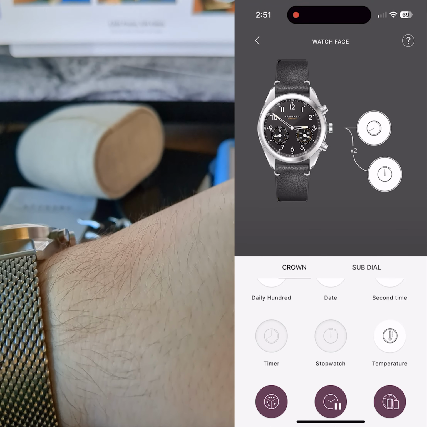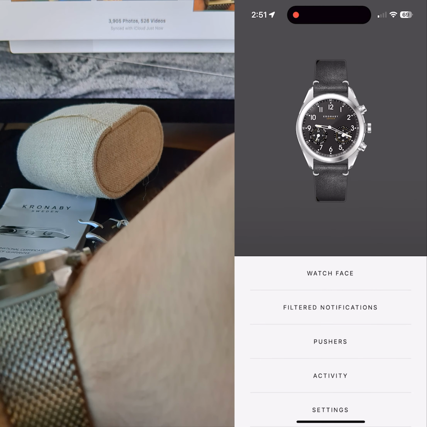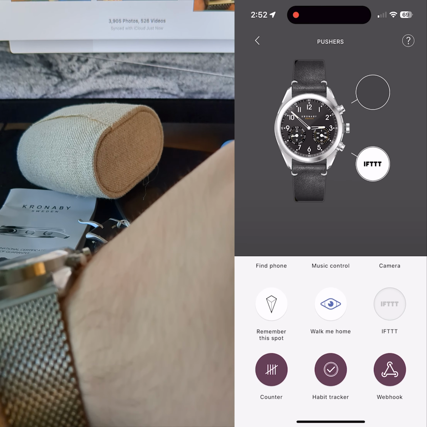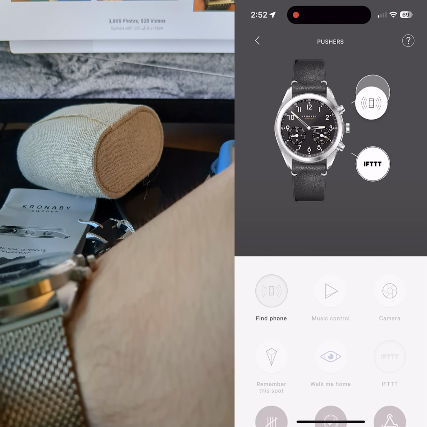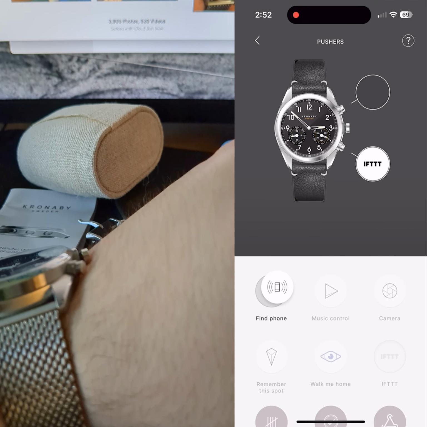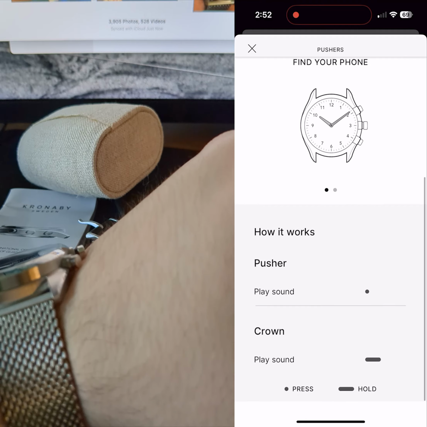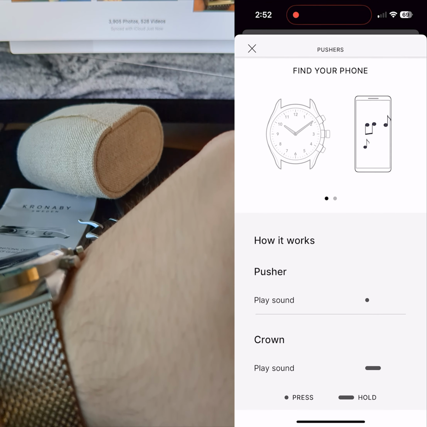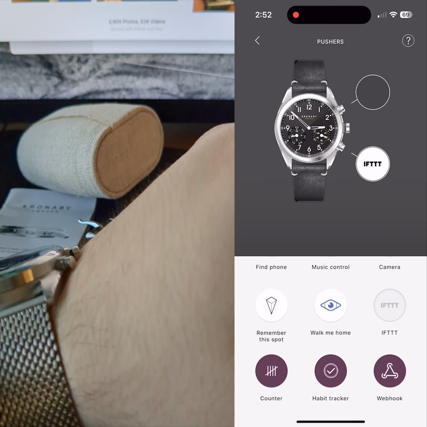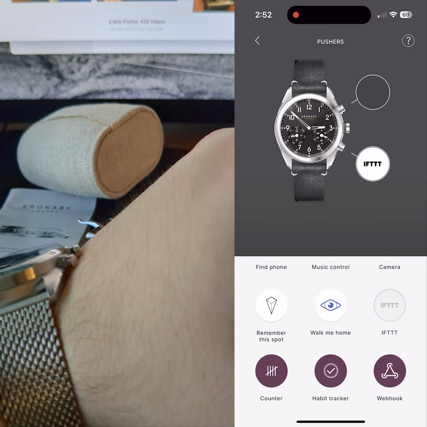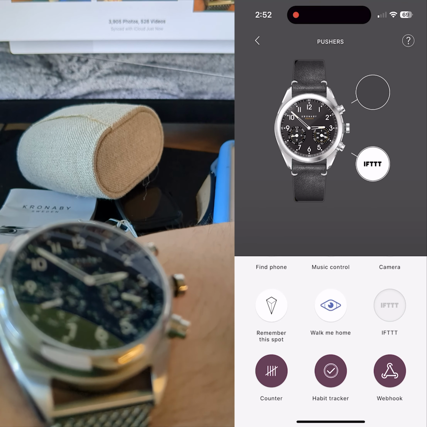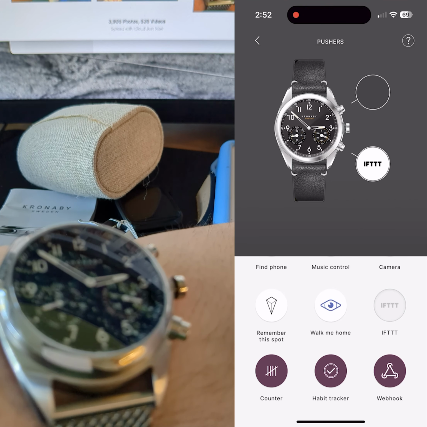So now I can also go into the pushers, which are the two other buttons, and you can do lots of different stuff here. You can do Find My Phone. I don't have that set because Find My Phone is also something you can do with the crown by just holding the button down. What I'm probably going to do is use a webhook, because then you can control all kinds of things. Like you can control your smart home if you know how to do that. I have the bottom one set up with If This Then That because